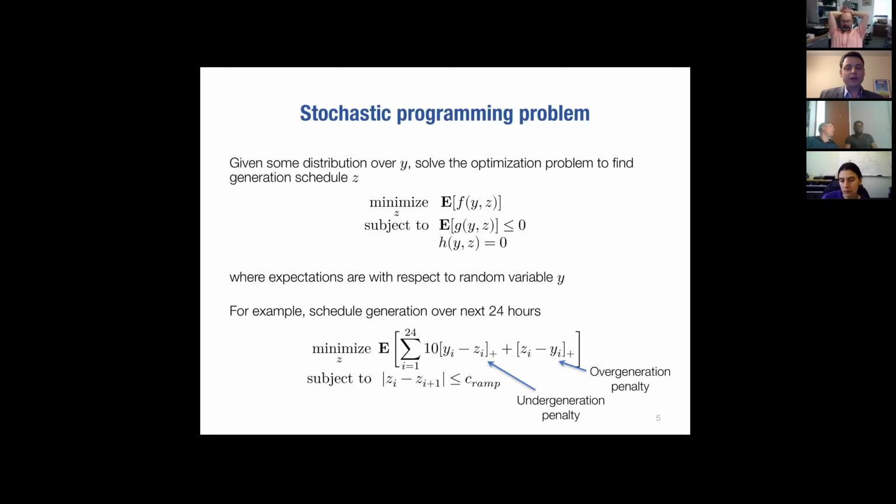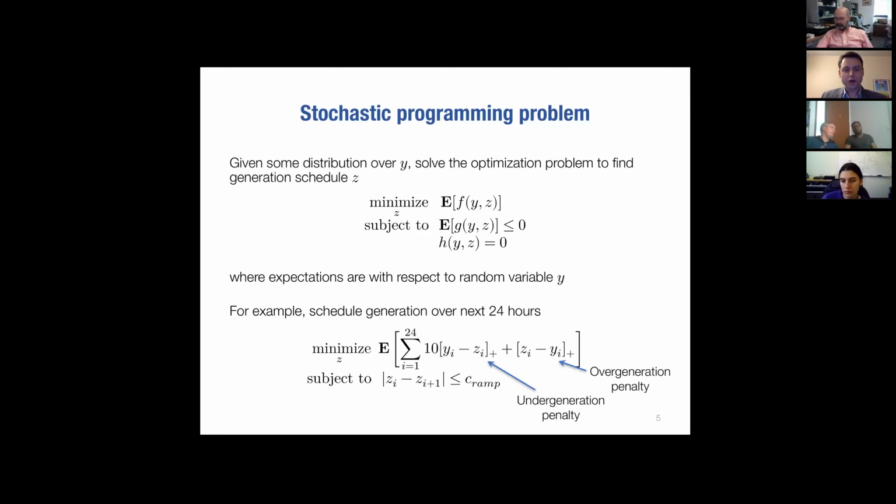Here's an example we will use, or something very close to it, for our generation scheduling problem. Say my planning task is that I'm starting at the first hour of the day, so I'm starting at hour 0. I have some forecast over my next 24 hours of what demand is going to be, where demand is the y variable. And my cost is now some function of the sum over all hours of